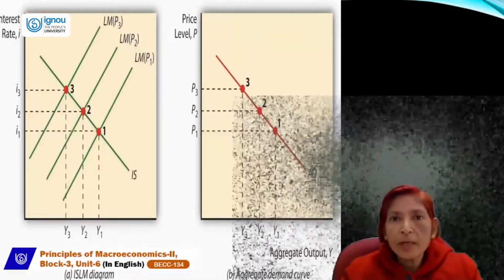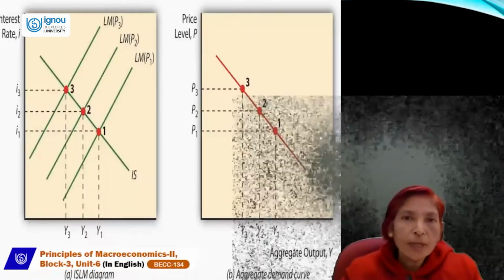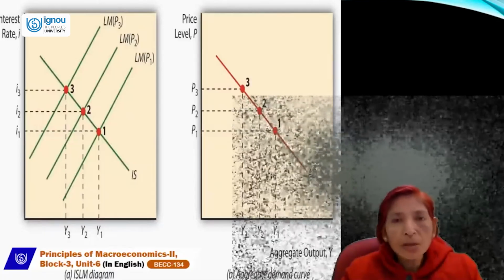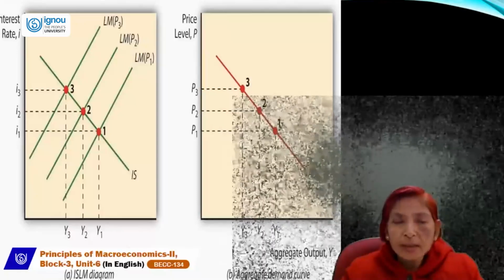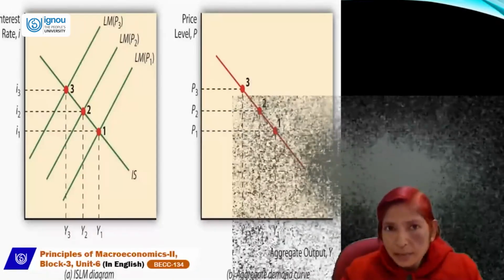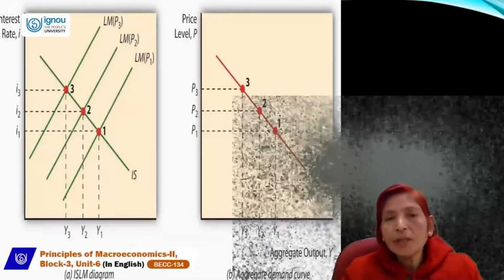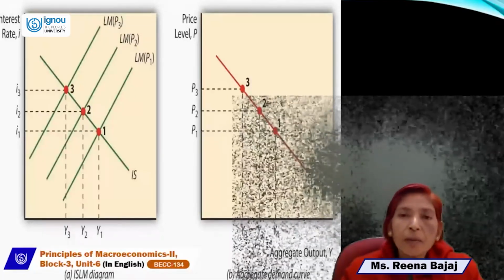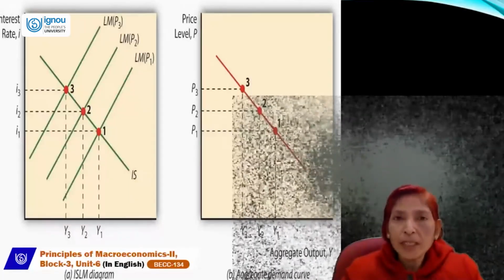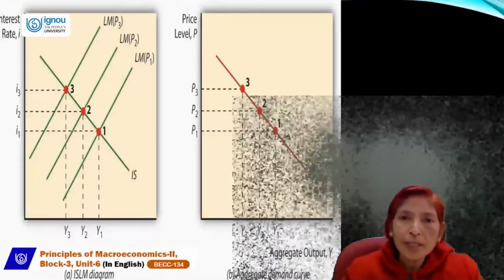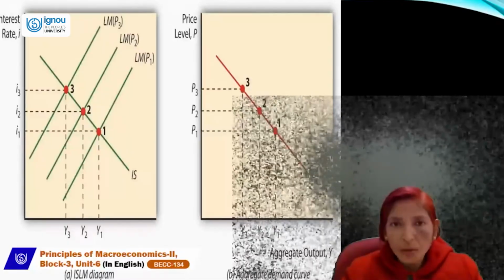So all the monetary transactions and money supply are controlled by the Reserve Bank of India. And you know that the Reserve Bank of India is the apex institution of monetary authority. When money supply is increased by the Reserve Bank of India, then the LM curve will shift to the right-hand side. In this situation, the rate of interest will fall and the level of income will rise. And if RBI follows a contractionary monetary policy and decreases the supply of money, then the LM curve shifts to the left-hand side. In this situation, the rate of interest will rise and the level of income will fall.